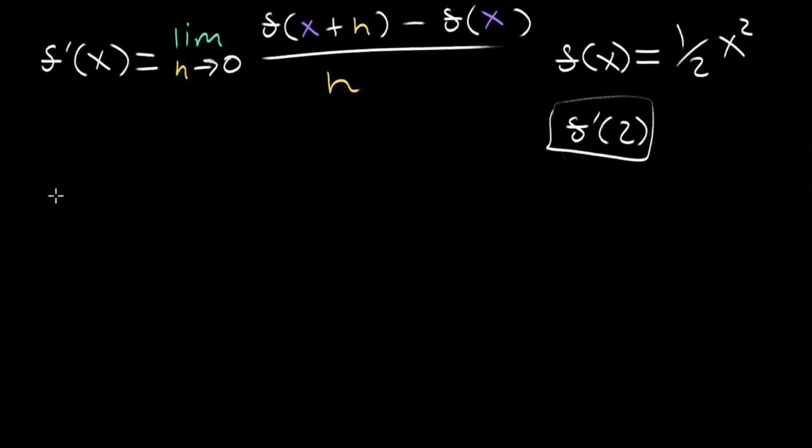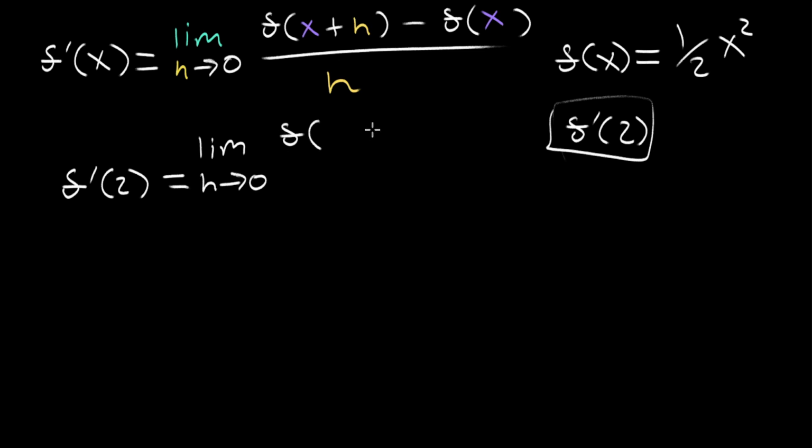Let's try and plug in what we have. Remember, we have an h now. We have an x now. 2 is our x. And x is nicely color coded up here in all the places we need it. So f prime of 2 is equal to limit as h approaches 0,